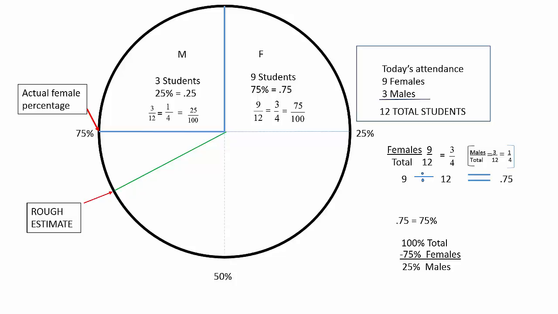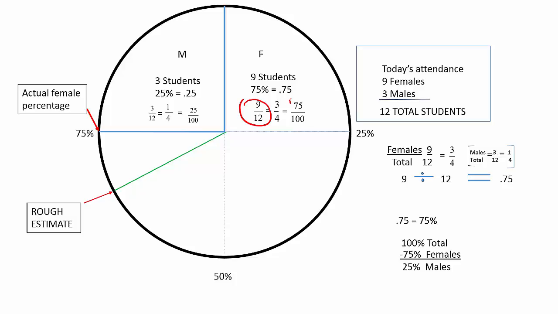Okay, so summing up, in a class of 12 students, there are 9 students that are females, and that's 75%, or 0.75 as a decimal. 9 over 12 are females, and that's 3/4. Now also, percent means 100,